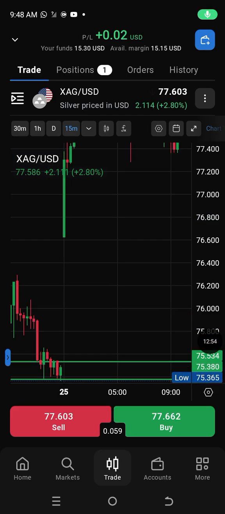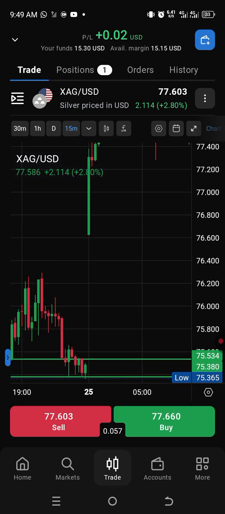Right, so as we wait, let's talk about this gap. How is a gap formed? So you see, market closed on Friday. On this last candle, you're seeing down. Then silver or USD would have increased in value, but there was no trading because it was weekend. So when the market opens, it will open where the value is. It does not continue from where